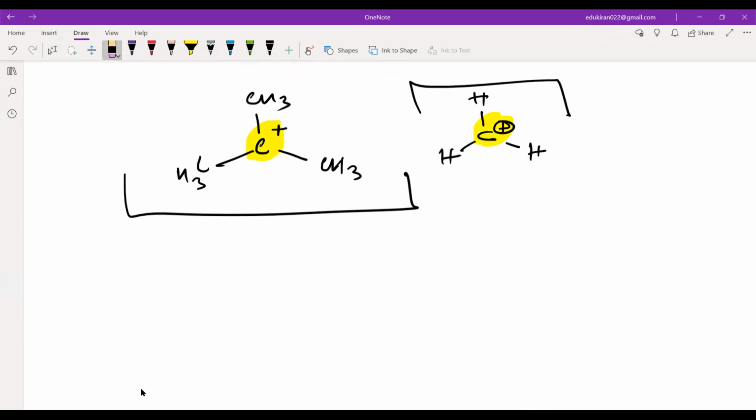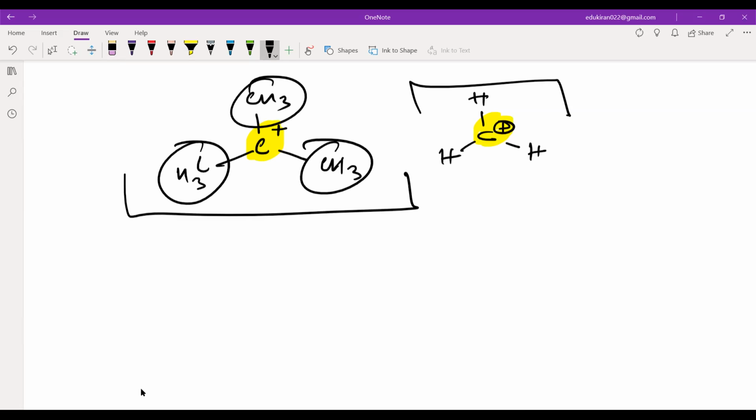Now, in order to study these things, we have to talk about the electron displacement effects in organic chemistry, and what is the effect of these type of groups attached. So if I talk about the normal case, a carbon in organic chemistry is supposed to be bonded with hydrogen. Now we will be studying, if let us suppose that CH3 is bonded, then what is the effect of bonding with CH3? If NO2 is bonded, then what is the effect of bonding with NO2? If the carbon is bonded with OH, then what is the effect? Okay, now we will be always comparing with hydrogen.